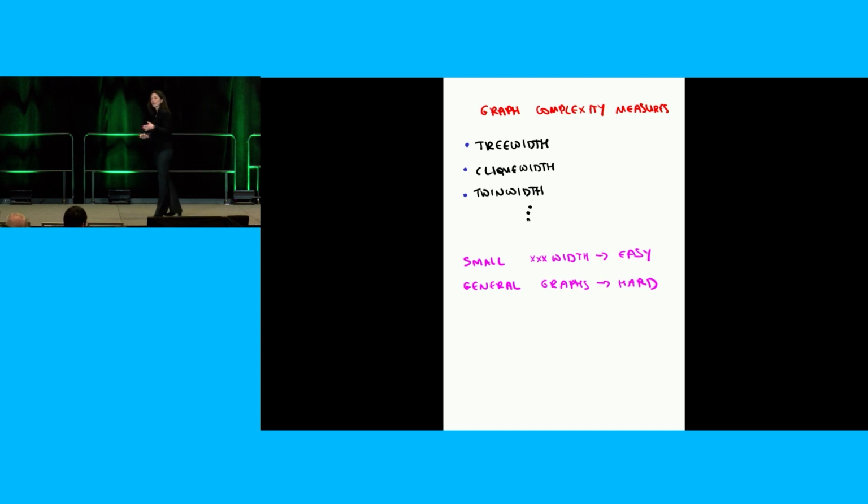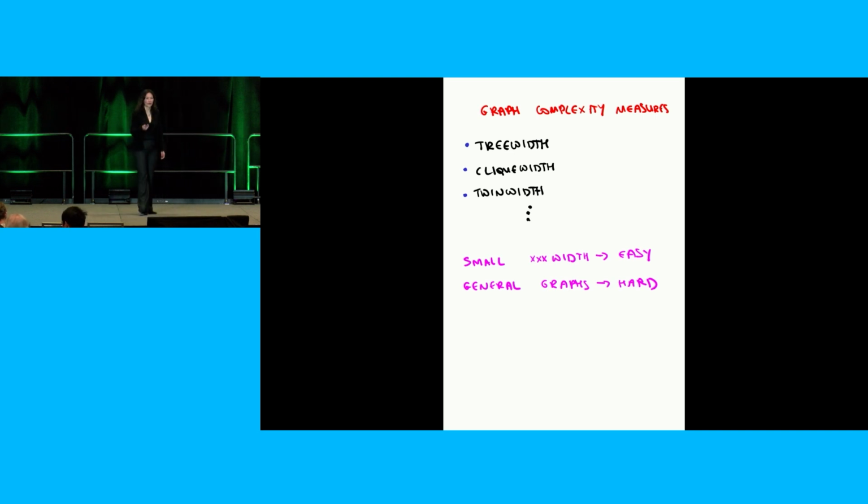There's something called clique width. There's something called twin width. There's actually a lot. Many of them are variants of tree width, but not the ones I wrote here. I specifically wanted to find ones that would be really different. So clique width and twin width are really different from tree width. And so what I'm interested in is being able to say that if some kind of width is small, then the problem is easy. And that, of course, is only interesting for problems that are in general hard. Right? If the problem is easy on all graphs, then that was a waste of my time.